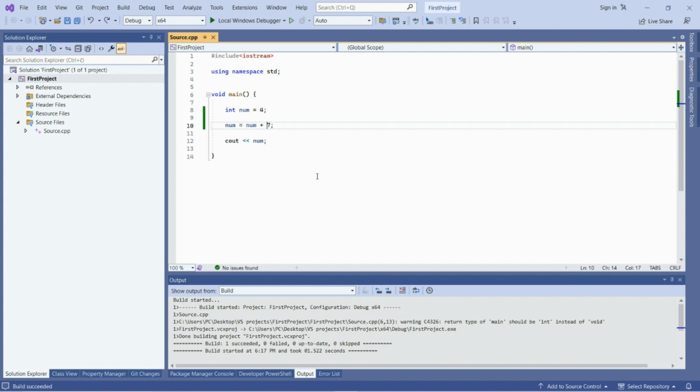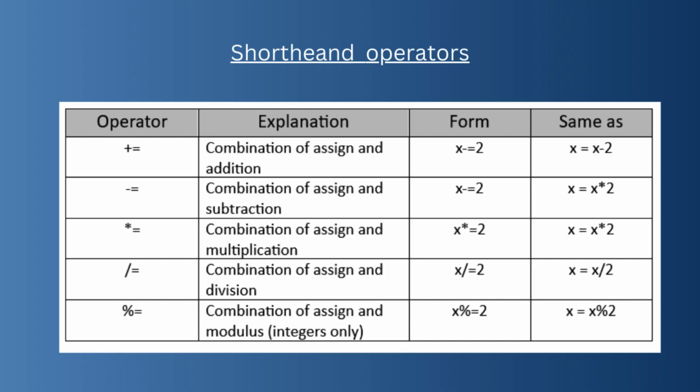You can use any arithmetic operations. But to change the value of variables in this way, you can also use shorthand operators. Shorthand operators are a combination of assignment operator and arithmetic operators. Let's look at them.